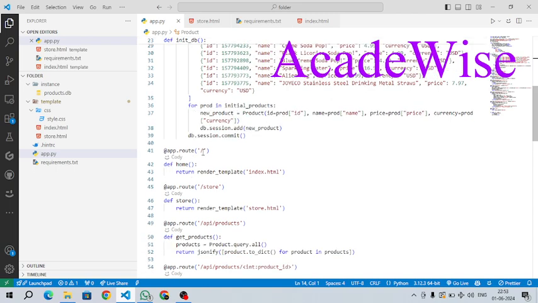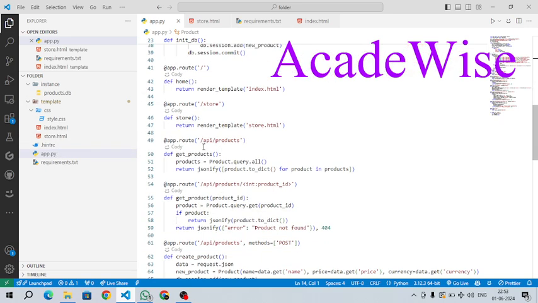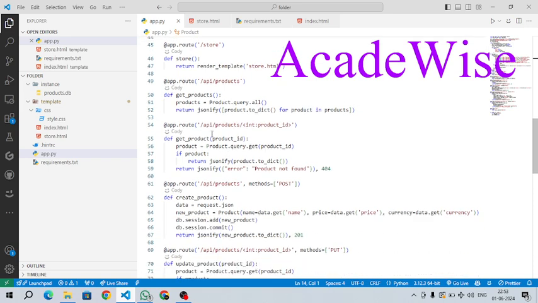Then our home route is index.html, basically that is here, and our store route is store.html, that is here. And for getting the products, we are fetching the API, /api/products. So this is our API, and we are using the jsonify method, and for all this we are using list and a lambda function, the list comprehension method. And for any specific product, we are using this ID, and get_product is our method